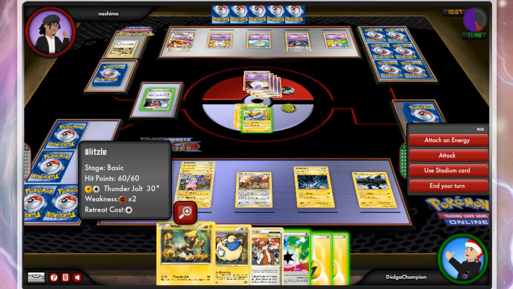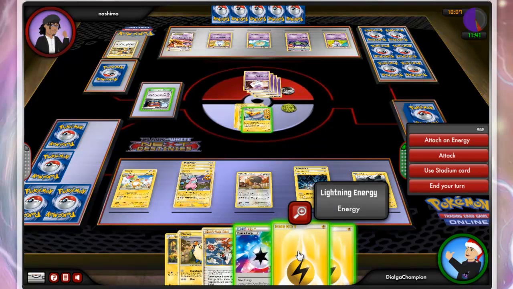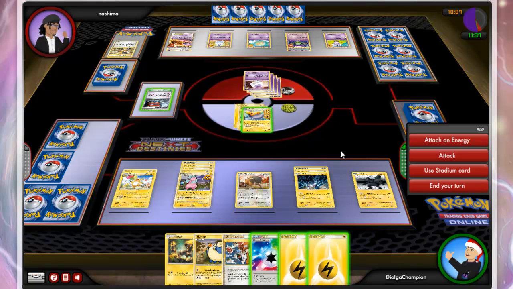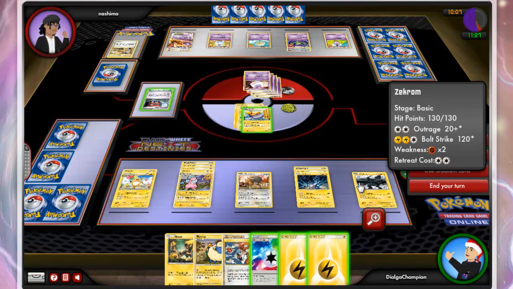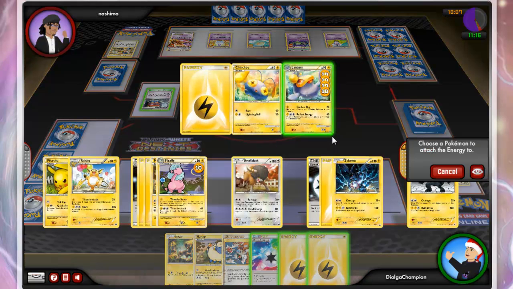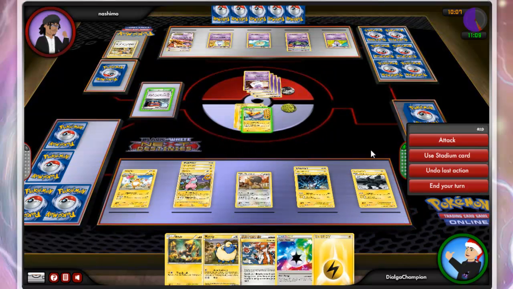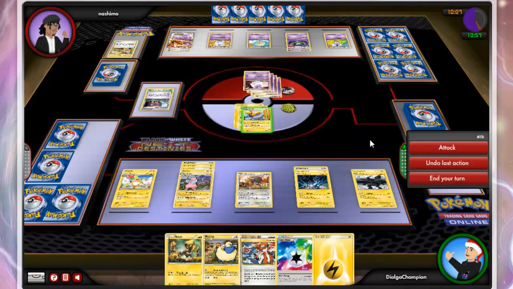Okay, I've got Blitzle, Mareep, the Fisherman Supporter card, a Prism Energy, and 2 Electric Energies. So that's actually pretty fantastic. Alright, my Zekrom is all ready to attack. And my second Zekrom doesn't have any energies just yet. So what we will do is go ahead and equip an Electric Energy to my second Zekrom, that is, and I will use the Stadium card to completely heal Flaffy, and now